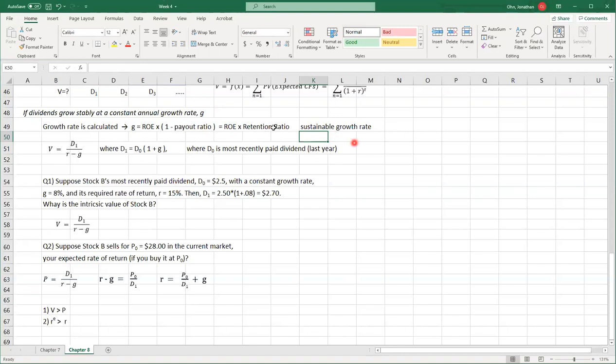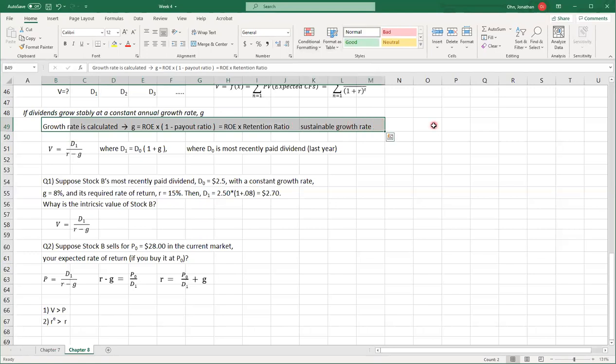Okay. The first one that I told you, you actually look at the actual dividends for a 10-year period, and then you calculate an average growth rate. That is your mathematical calculation for growth rate, right? But this one in our textbook shows the sustainable growth rate. It is based on the financial statement, and it is return on equity times 1 minus payout ratio, or return on equity times retention ratio. That is your growth rate.